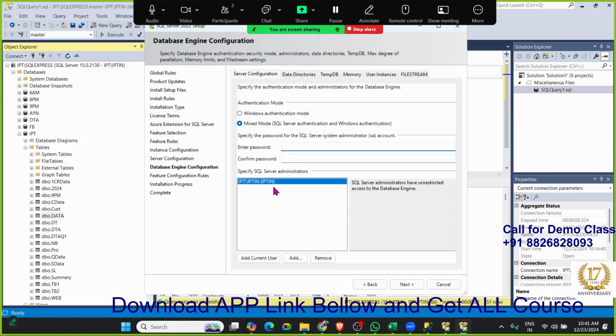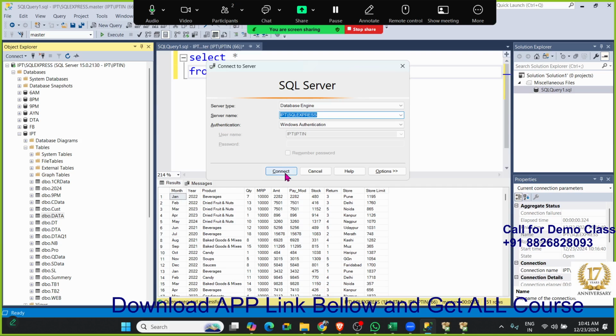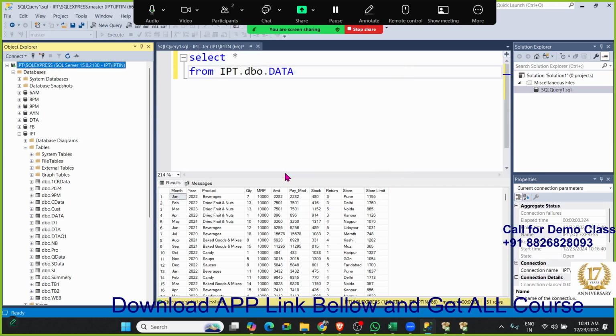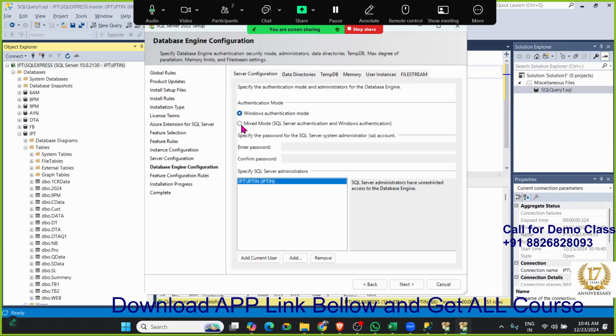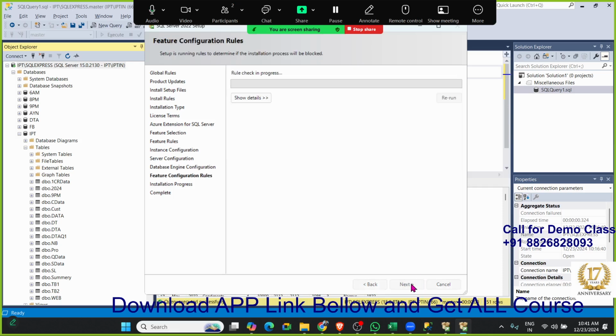But I have just clicked Windows authentication, which means no need to give a password when you connect to your server. If you want a password, you just click here and enter the password. You also have to add your user, which PC user uses this server. Now click next,